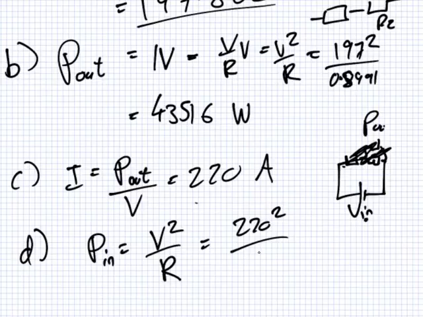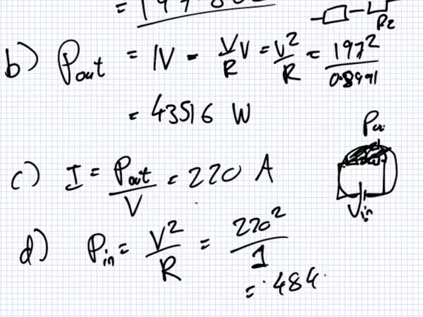And what's the R here? No, because you're looking at the total. So it will be 43516. That's the power. It's 1, because it's R1 plus R2, which is 1. So the power in is 220 squared, which is 48400